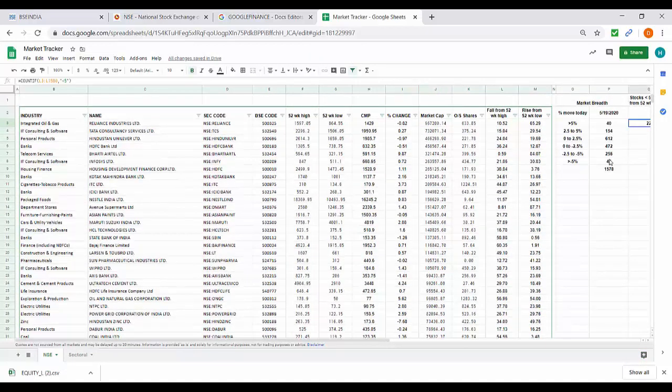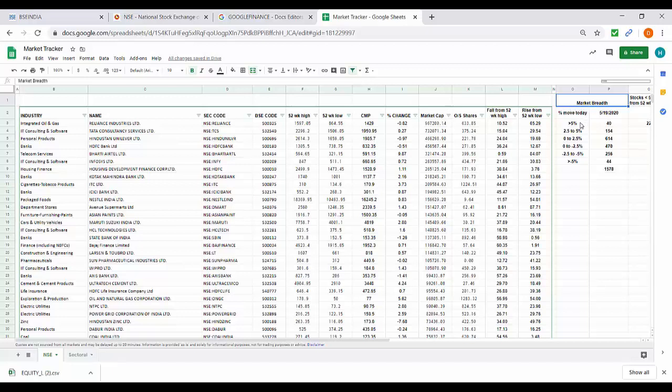After copy-pasting the data and getting all the attributes from the codes you have put in, what one can do is try to analyze what the data is saying. For example, here I have taken the market breadth. This is nothing but the percentage move that has happened today: how many stocks have moved how many percentage points.